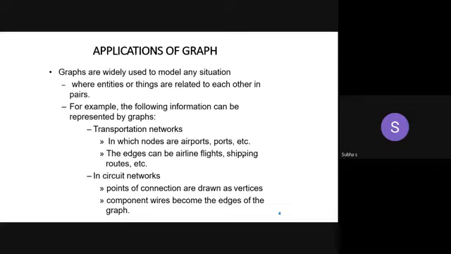Another thing, it's used in circuit networks, for integrated circuits, anything. We can give all the points of connection as vertices, and the wires that connect the different points are considered as the edges. Normal optic fiber cable: in all our places, in all our streets, we have cables. How are they making it possible? We are using the graph data structure. They will mark some points, those are called nodes. They connect those nodes through the wires. Okay, those are the edges.